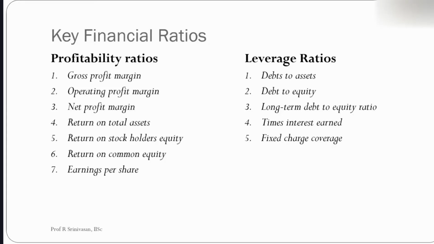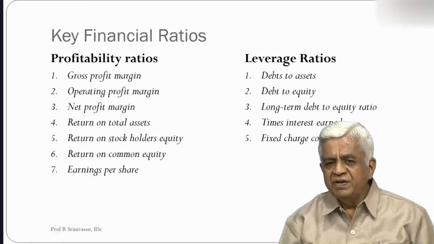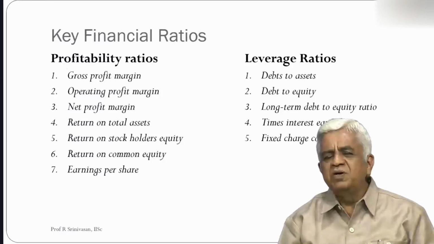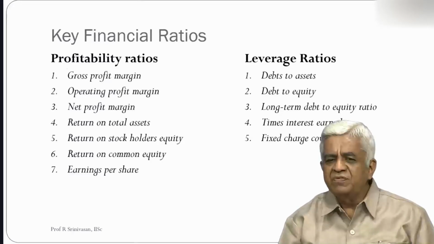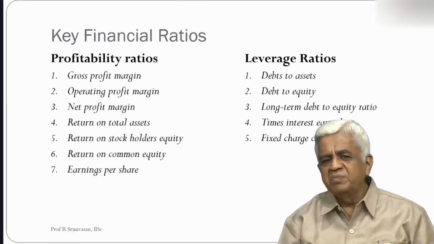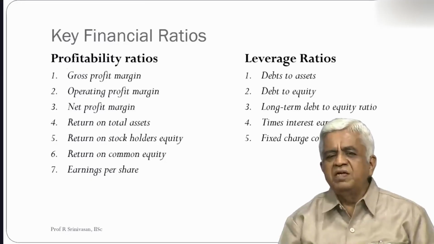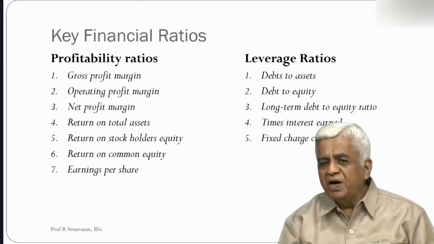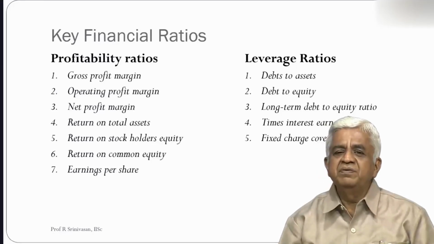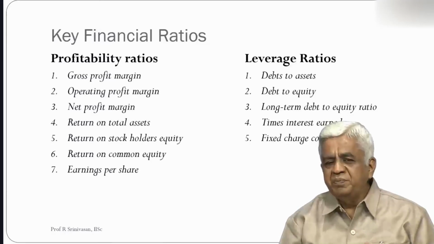The second one which you are going to look at is what is called the leverage ratios. In these leverage ratios, we will be looking at debt to assets. An organization might take loans for carrying out its operations. Suppose, hypothetically, let us say you have invested 1 rupee in an organization. How much loan or debt can you comfortably cover? That is, what is the maximum debt on this 1 rupee you can make? Normally, we say it can be double what you have invested. That is, suppose you have invested 1 rupee, you can take a debt of 2 rupees, not beyond that.